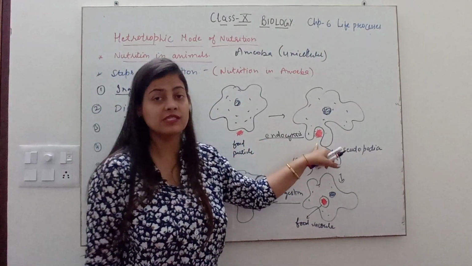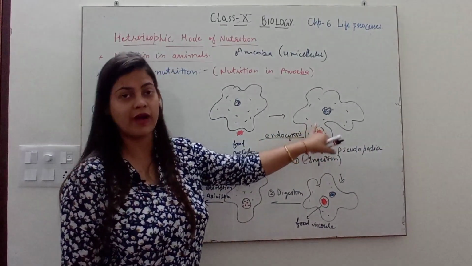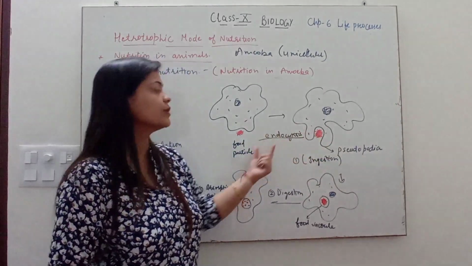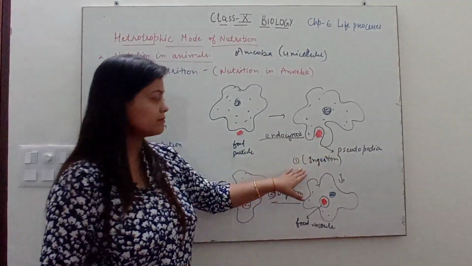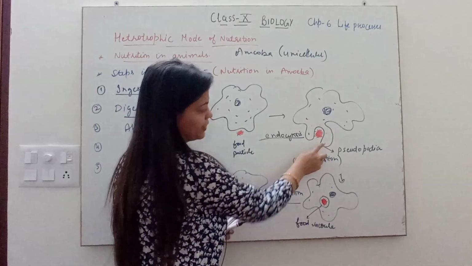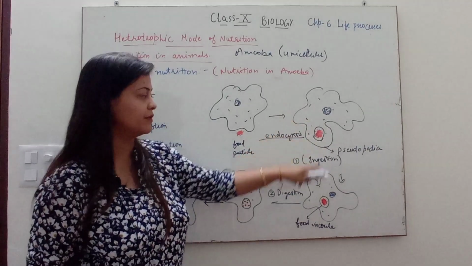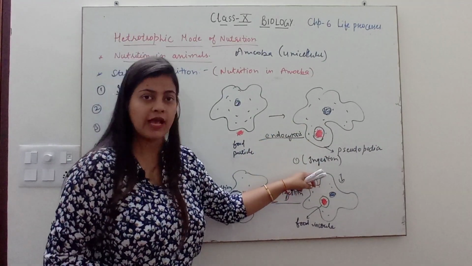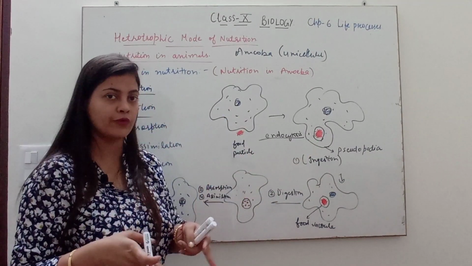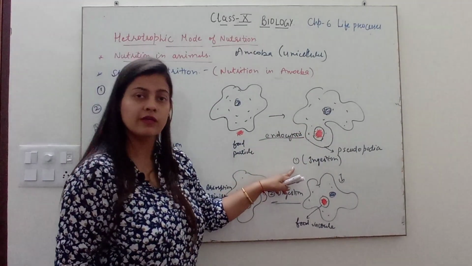Okay, and how does it happen? The amoeba will spread its cell membrane around the food particle. This spreading of the membrane around the food particle is called pseudopodia. So in amoeba, pseudopodia formation is there, and then this food particle will be engulfed by fusion of these two pseudopodia. These two pseudopodial membranes will fuse with each other like this, so that a food vacuole can be formed inside and the process of ingestion happens. So first step is clear. Whenever food comes near the amoeba, the pseudopodia will form around it and they will fuse and form the vacuole, and the food will be engulfed. This process is called ingestion.